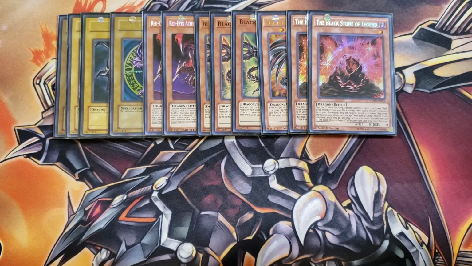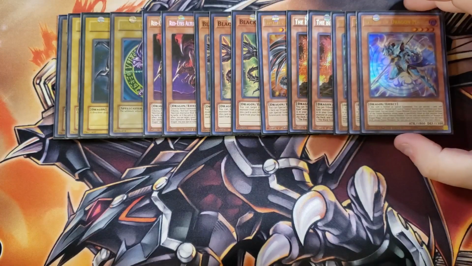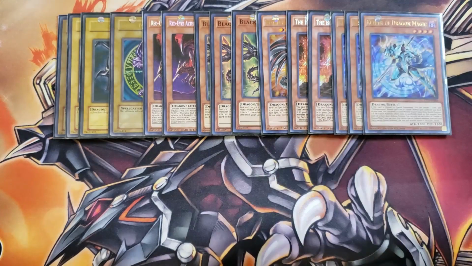I then play 3 copies of Keeper of Dragon Magic. This card is absolutely insane as a normal summon in the deck, and it's a key combo piece in the deck because it can actually search out Red Eyes Fusion, Polymerization, and even Branded Fusion. It has the ability, if this card is normal or special summoned, you can discard 1 card from your hand to add a Polymerization normal spell card or a Fusion normal spell card from your deck to your hand, which is an insanely powerful effect to be able to search out those cards directly from your deck